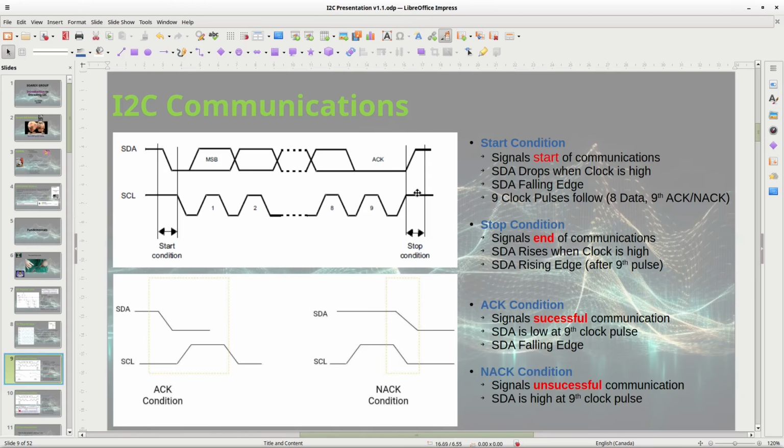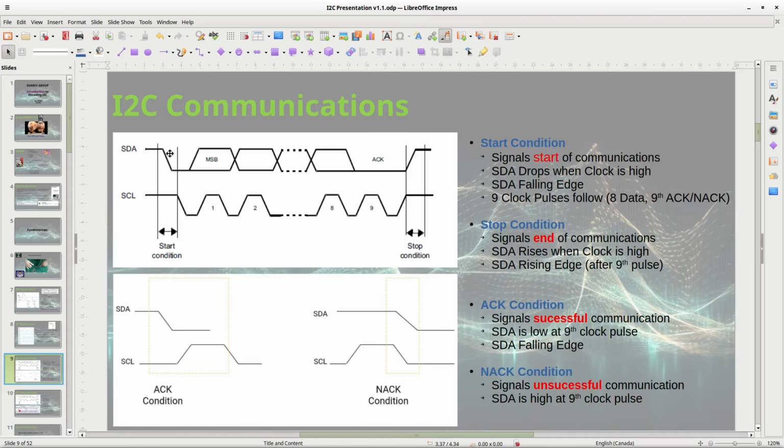Conversely, you do the opposite when the clock line is high and you deassert the SDA line, you let it come back up, and once it comes back up you've got a rising edge during a high, that is a stop condition. It says, okay, I'm stopping communications.